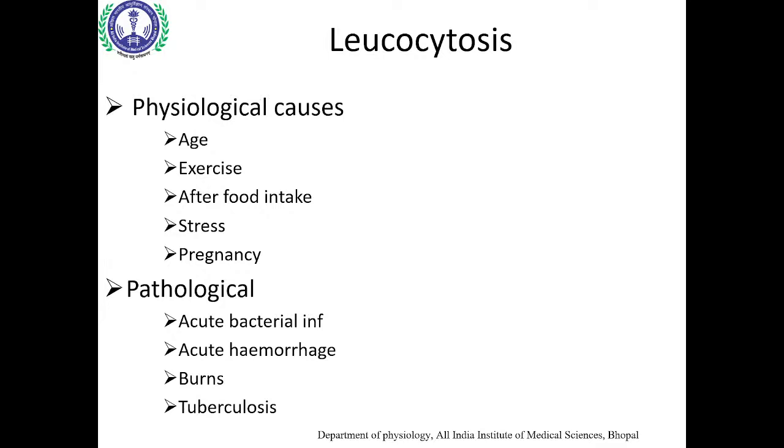Then always when you tell about the cells, है ना, increase in their number or reduction in their number, you have to divide the causes as physiological and pathological. So physiological causes can be stress, can be exercise, right? Can be food intake, right? It is pregnancy also, right? And pathological causes can be any type of acute bacterial infection. कोई तो टाइप ऑफ सेल इंक्रीज कर जाएगी ना, अभी हम डिफरेंशियल पे नहीं आए, राइट? Then there can be acute hemorrhage. It can also lead to increase in leukocytes, burn and tuberculosis.